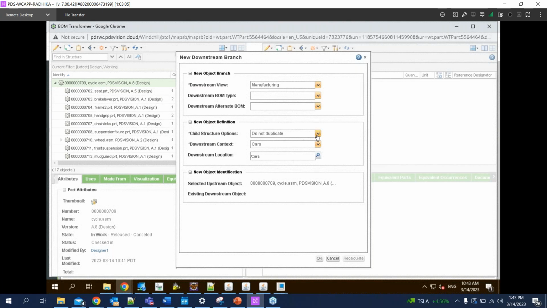And there are three ways of creating this. So usually when we say do not duplicate, it just creates the top node. I don't want to do that. I want to also have the structure below it. And I also want to make sure that the structure below it is also in manufacturing view, right? So that it is a complete representation of our EBOM. So let's go with duplicate with propagating action. And if I click OK,